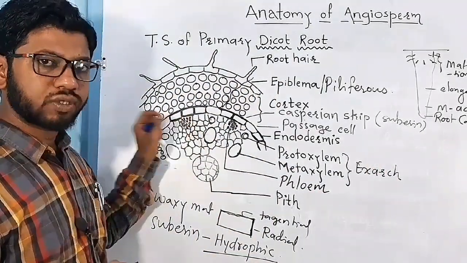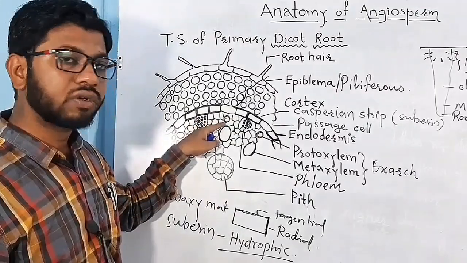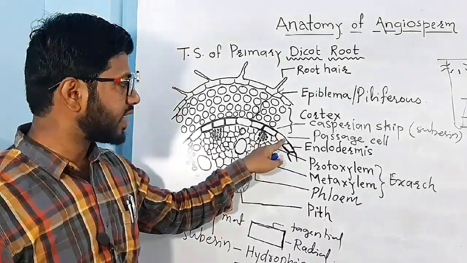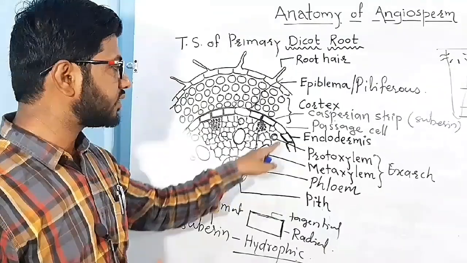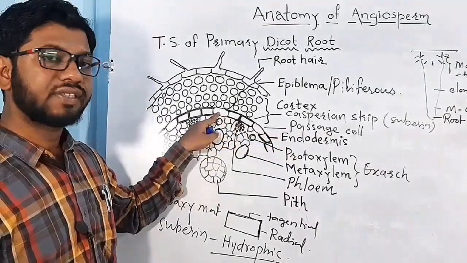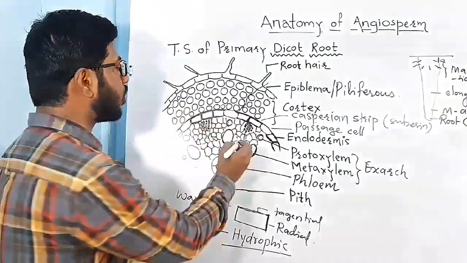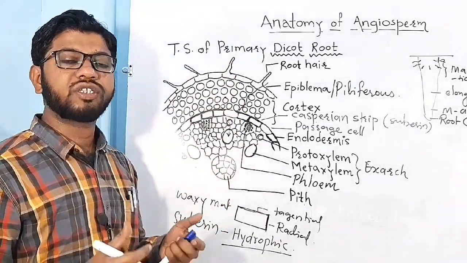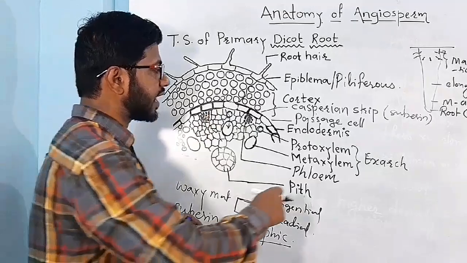So in this exarch vascular bundle, the cell of endodermis which is closer to the protoxylem does not have the deposition of suberin. Means the cell of endodermis closer to the protoxylem does not have suberin. This cell is called passage cell, and due to absence of suberin, passage cell allows transport of water into protoxylem. Water then moves from protoxylem to metaxylem, and then water shows the upward movement, which is called ascent of sap. So vascular bundle in the dicot root is exarch type.